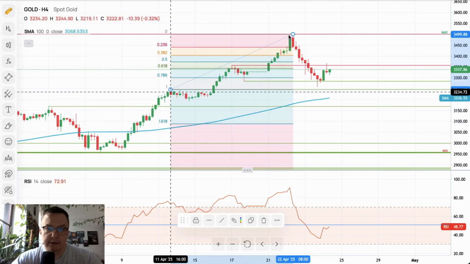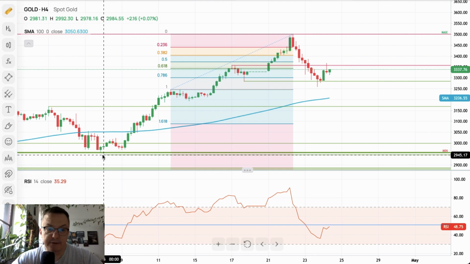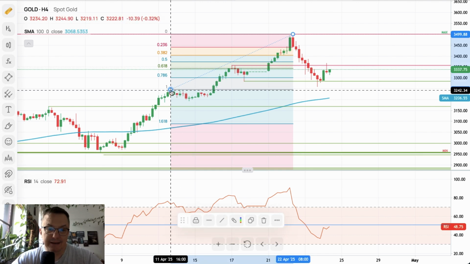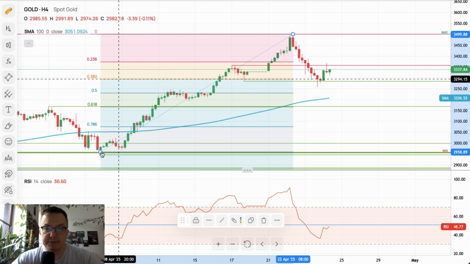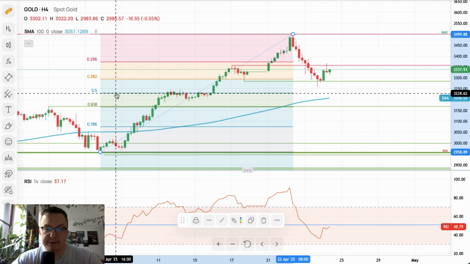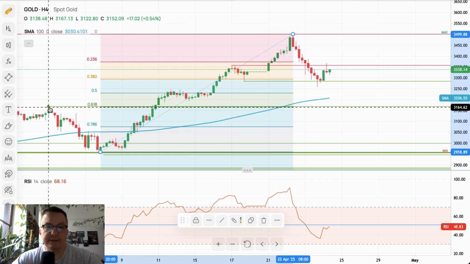So this is the Fibonacci retracement of the last swing, just the last swing. Okay, let's just leave it like that, and you can see that we retraced 38%. Right, so that's obvious. Now 50% retracement of the last swing up is 3,228, and 61% is in line with this swing high at